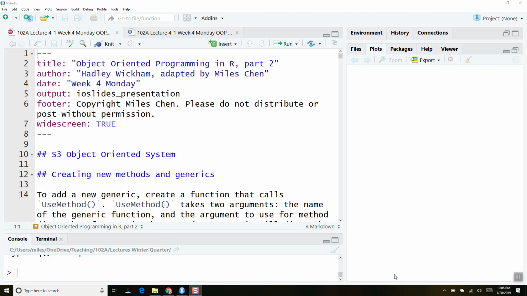But I would like some of the people who are on the lower end of the participation to start participating more. There's still a lot of people with 0 contributions. So if you haven't, it's already the 4th week. If you've made 0 contributions on Piazza so far, make it a goal to make 1 contribution this week, okay? You guys are all capable of doing that. I know it can be intimidating to ask a question or answer a question, but if you're in the 0 contributions pool right now, make it a goal to make at least 1 contribution this week, okay?